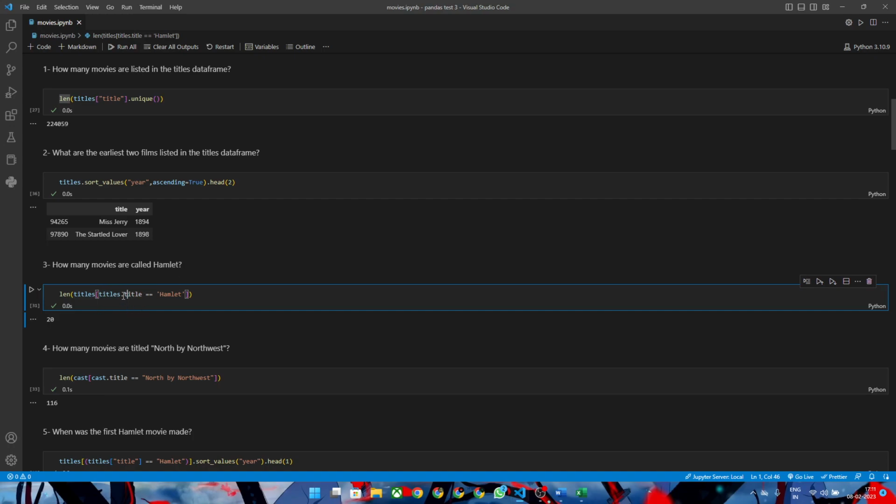This is another way of typing it, dot title, but you can also still type it like this, and it could still work, but this is a different way of how you can write it. And then we're saying that the title should be equal to Hamlet, and then the length to count